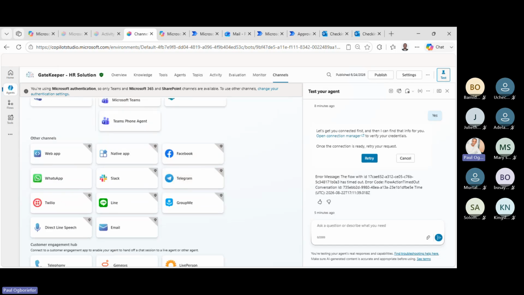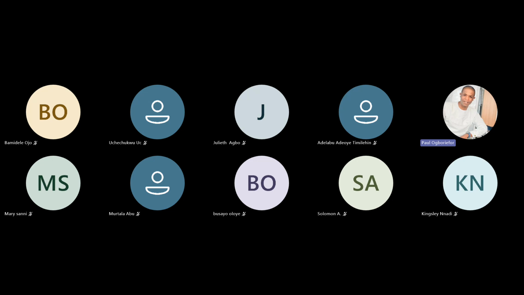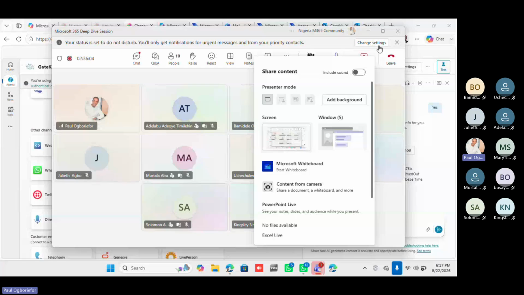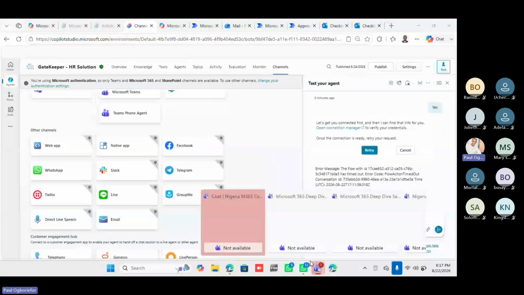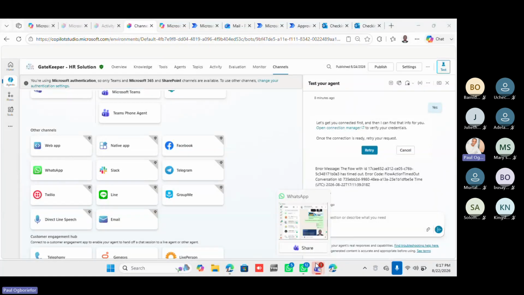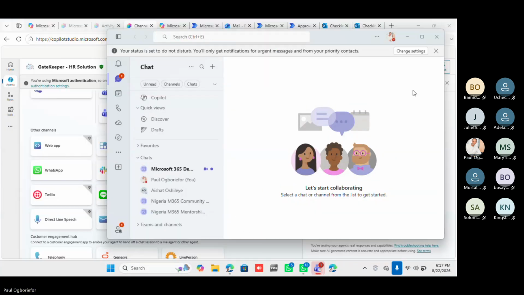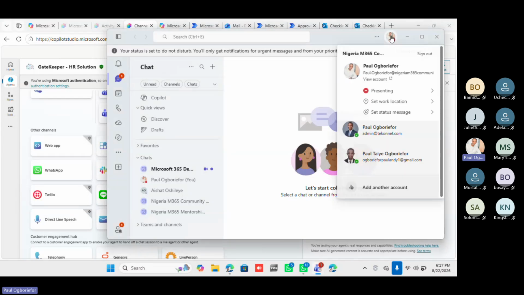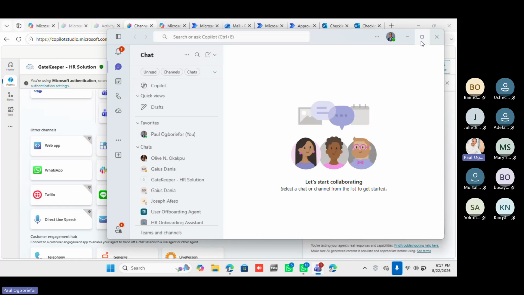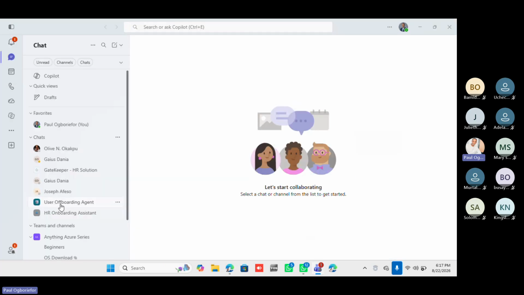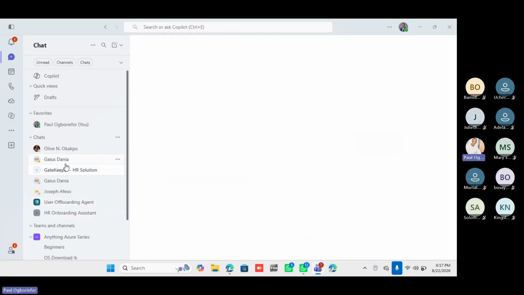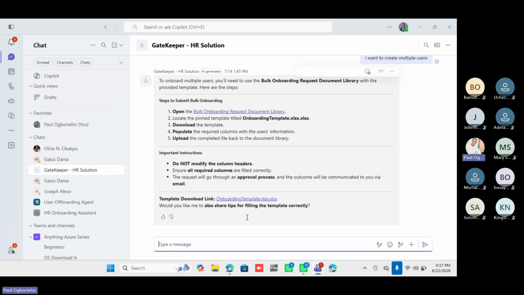For example, let me just quickly show us this. Let me share the entire screen this time around. If I come to my Teams, right? If I come to my Teams, I'm just going to change this guy to this guy. Now, in this guy, you see that I have a Gatekeeper HRO solution. If I come here,